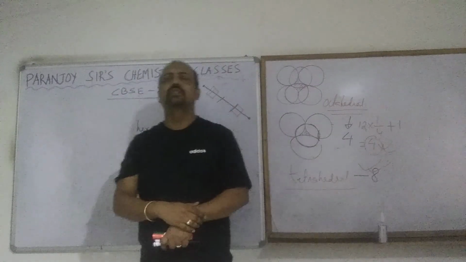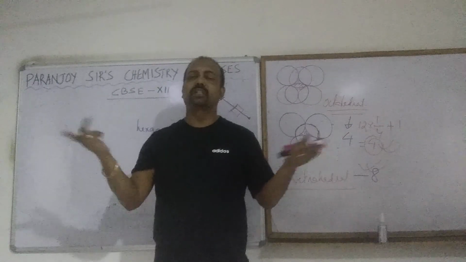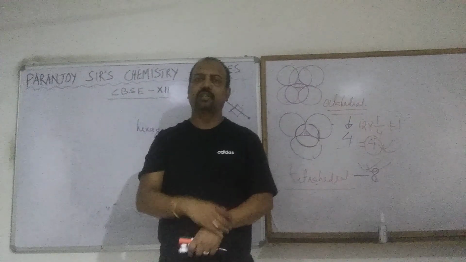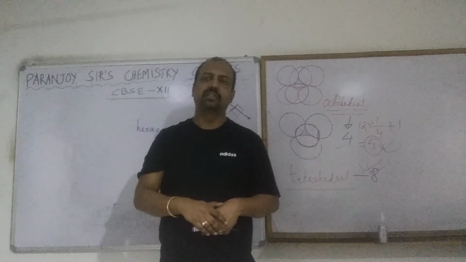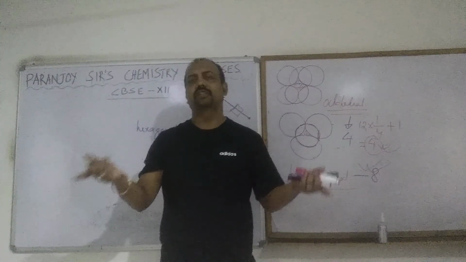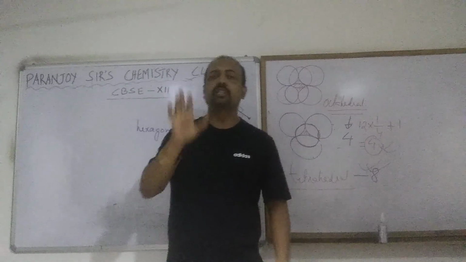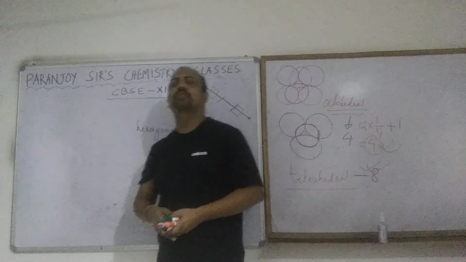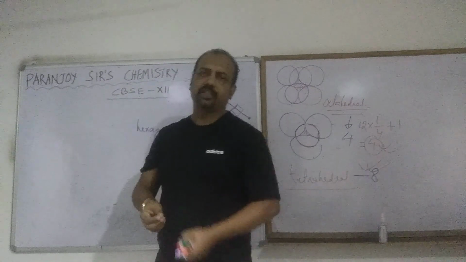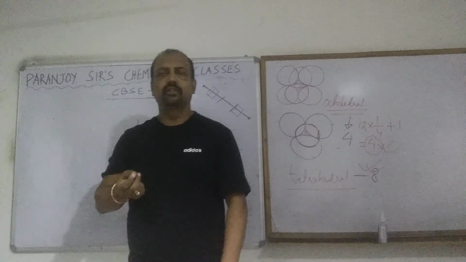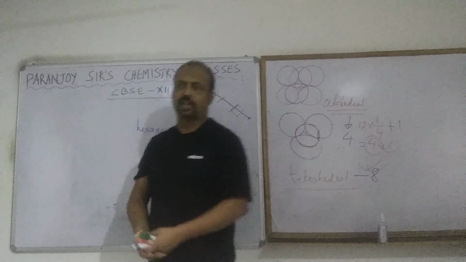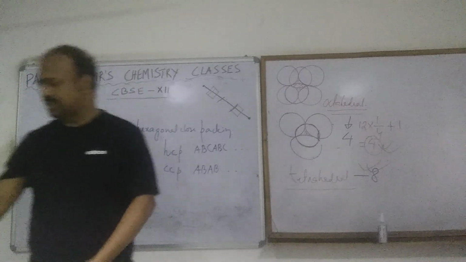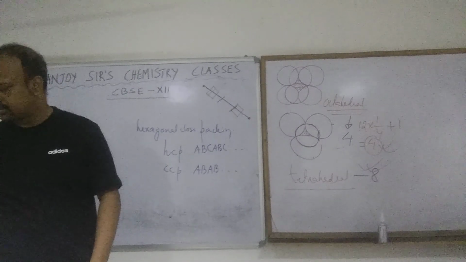Understood? Suppose 50% is occupied by the lattice point and 50% is empty. So 50% is the packing efficiency. If it is 70%, 70%, if it is 80%, 80%. We are just going to calculate it, and for that we are going to use the mathematics, rather I should say geometry, of standard 7 maximum. Simple thing.